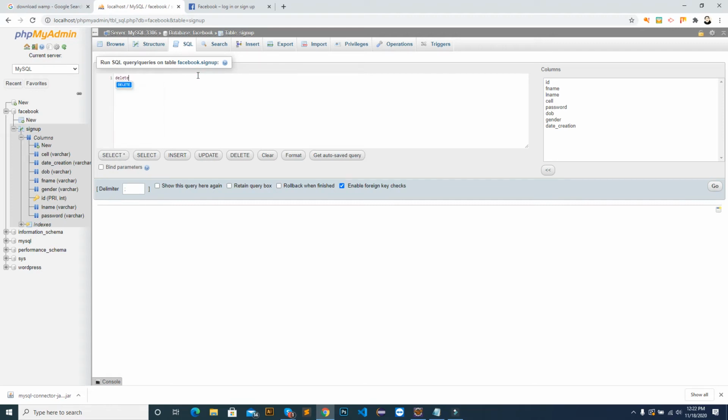This is delete from, this is important, and sign up table name, where, very important, where condition. Otherwise this delete will delete all the records. If there are thousands of customers, all will be deleted. So where condition in update, where condition in delete is must, right? So ID is equal to 2. Okay. So delete from sign up where record number is 2. Where record number which has ID is equal to 2, delete that record only, right?